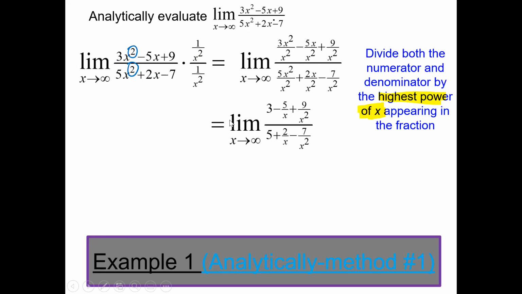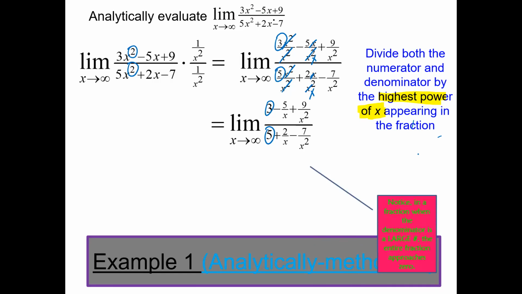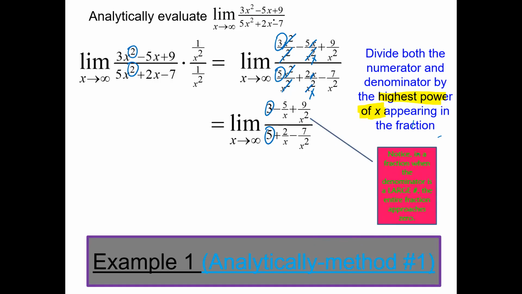Now what's going to happen is that x squared and x squared cancel, so 3 is now by itself, and that's where you get the 3 right here. Your first x cancels with the second x, and you're left with an x. So we're just going to simplify it. You're left with 5. There's your 5. One of the x's cancels out, and you're left with 1 x on the bottom. Next is that